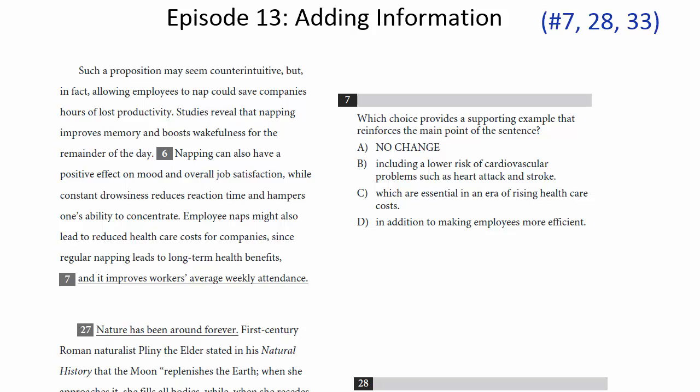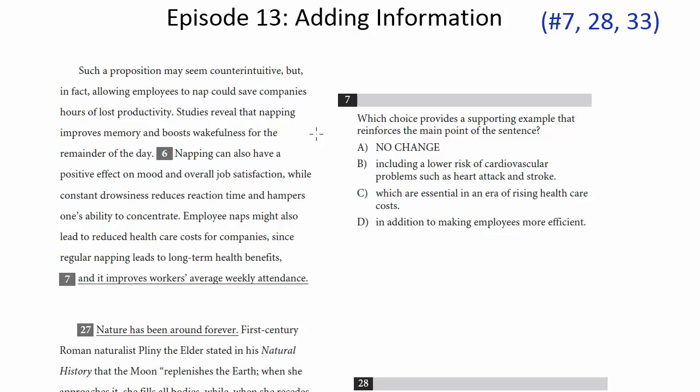Sometimes in new PSAT writing questions, we're not adding whole sentences, but we're adding new information or additional details to a sentence to make some sort of point. Now, the key is you have to focus on the question. The question's going to tell you what they want from the choice that you're picking, what they want to be emphasized, or what the focus of the new information should be. So really make sure you pay attention to the question, because that contains the key clue.